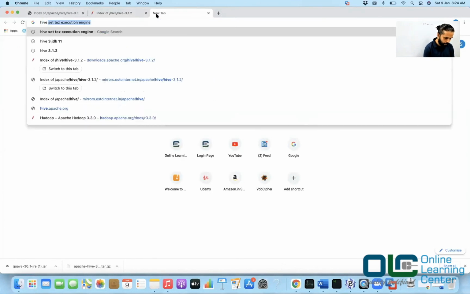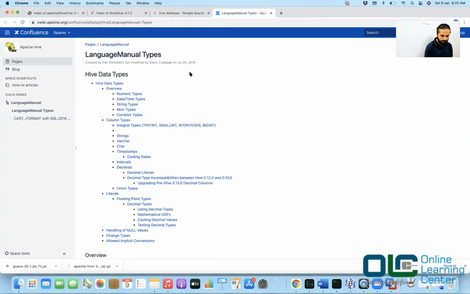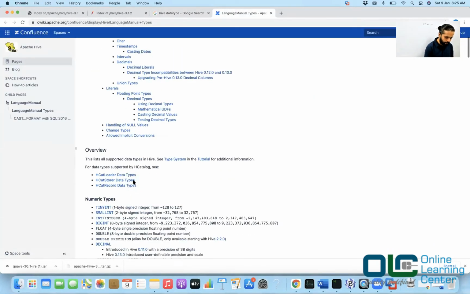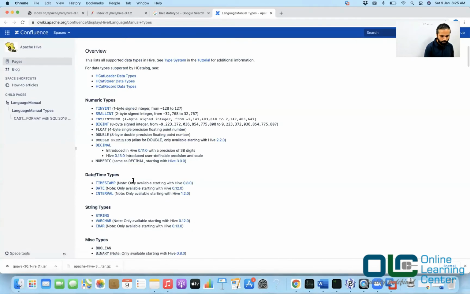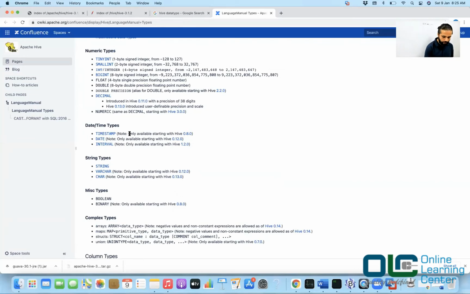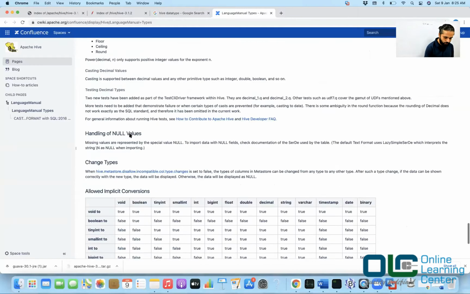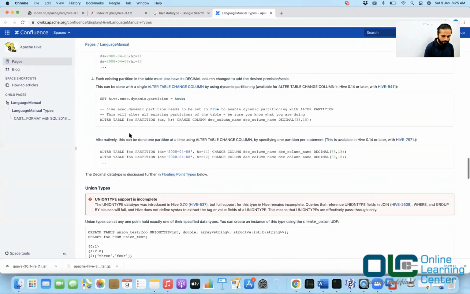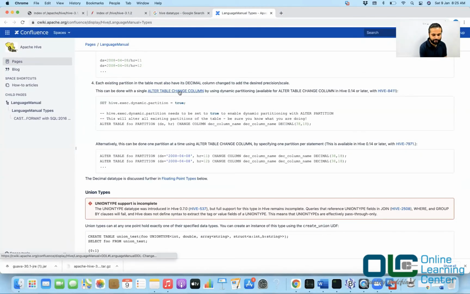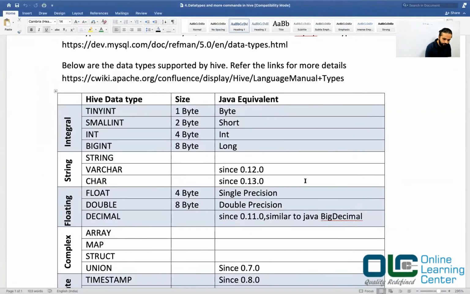You can just say Hive data type, and go to the manual wherever it takes you. Okay, and you will find the document talks about a lot of stuff, like what the numeric types are, and that date and timestamp are supported, this and that. So you can definitely go through this whole document, which talks about what exactly all these types are with some examples as well. Okay, but let's go to my document and we'll learn it from here.